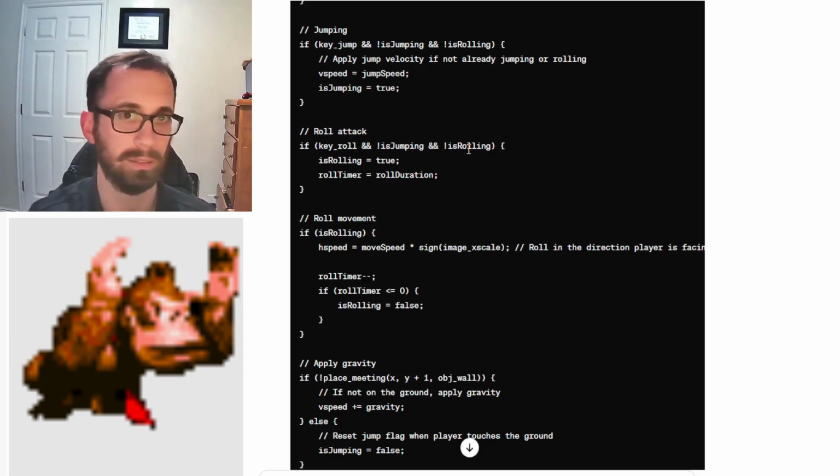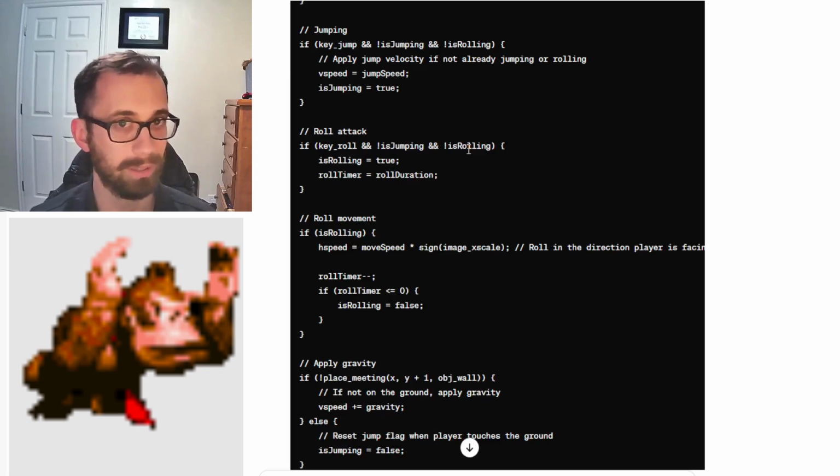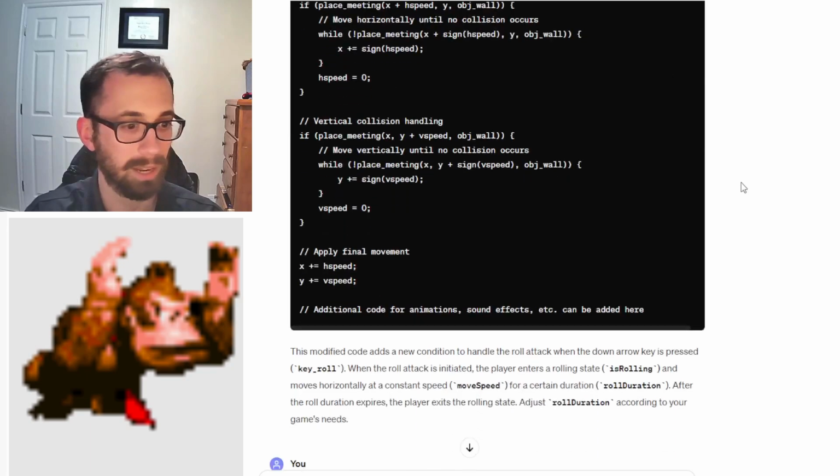I guess that's the dream, is that you can just tell it to do something and it'll do it completely error-free. But from this experience, it seems like you still need to know code in order to basically check its work. Because as we go down here,